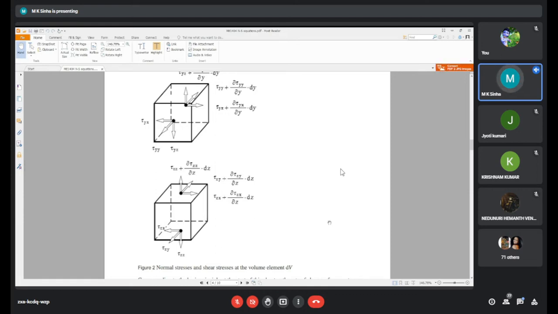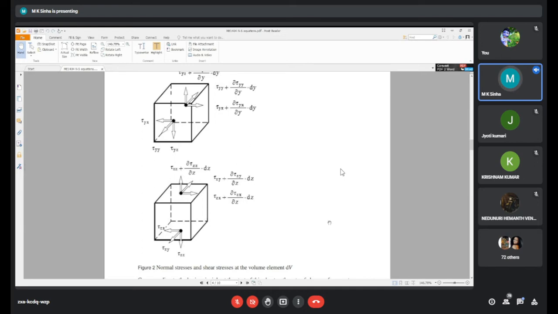Its effect along the x-axis and y-axis is also given, tau zx and tau zy, and due to the fluid element length dz it is tau zx plus del tau zx by del z into